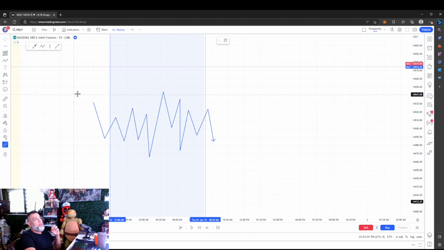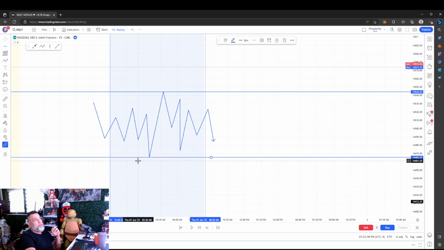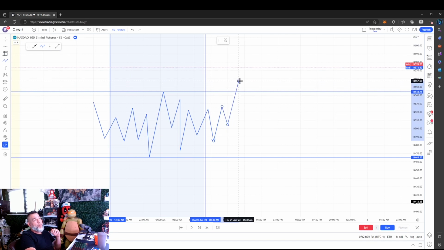So basically, after 8:30, we're going to grab the high and the low that it created between midnight and 8:30, and we're going to wait for there to be a break of either the high or the low. Once there's a break of the high or the low, we're going to wait for a market structure shift. It's like a tongue twister, right? And then after that point,